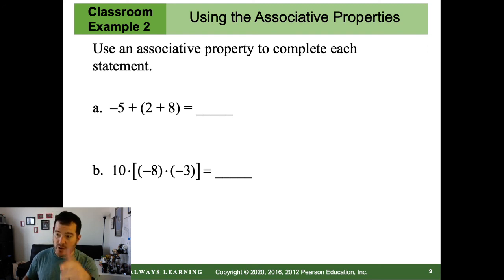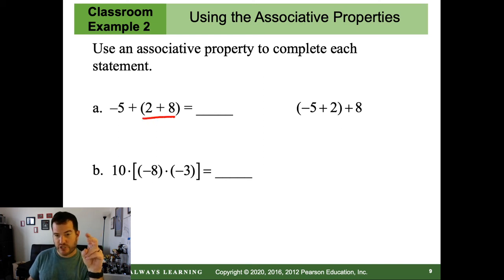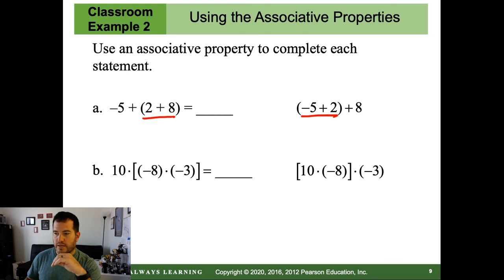Okay, so what they wanted you to do is they wanted you to use the associative property. So I think for the first one, this does it for me. Yep. So here, you'll see that the 2 and the 8 are associating, quote unquote, but here the -5 and the 2 are now associating. So hopefully that makes sense. That's what it's trying to get you to say. And then here, the -8 and the -3 associating,